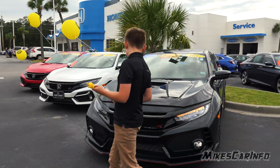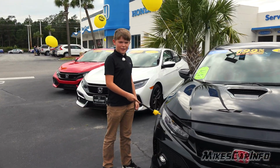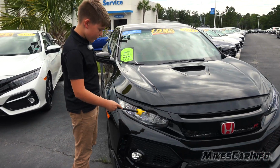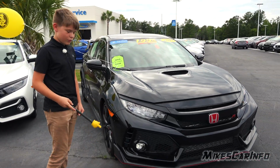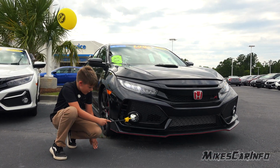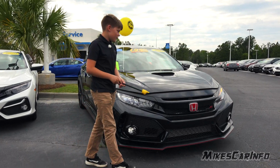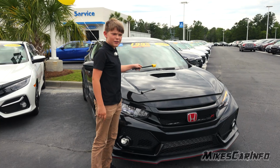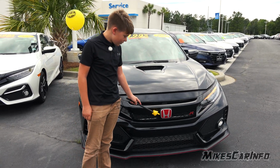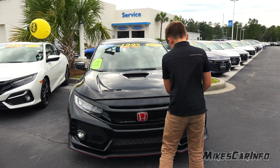When we come up to the front of the Type R, the first thing we see are these LED headlights, and these are called jewel eyes. We have an LED running light with LED turn signals, which are also used for hazards. And on the Type R, since this is based on the Touring, we have LED fog lights. And on the Type R, we get this little hood vent here, which is used for engine cooling. And we also have the red Honda logo, which is on Type Rs only, and our little Type R badge